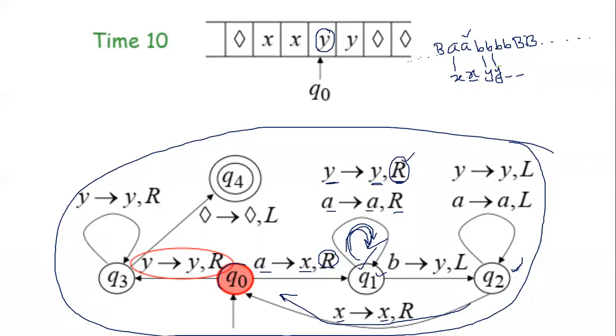This is the B, Y. Now, you will go left once. So, you will encounter this first Y. Then you will go left again. You will encounter this X now. So, what will happen? You will take this path. X will remain X and you will go towards the right. That means now you are pointing over here.